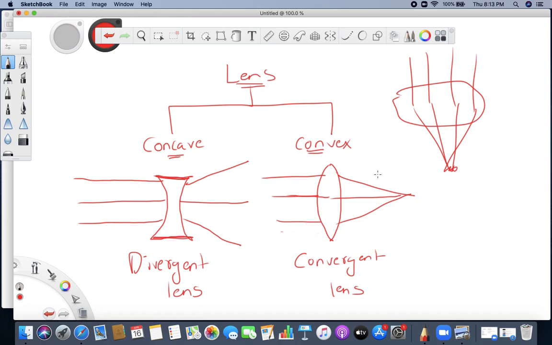So lenses are of two types, concave lens and convex lens. Now in our next topic we are going to see the different points and the same definitions, and we are going to see there are 6 cases of convex lens and 2 cases of concave lens. First we will see the 6 cases and then we will see the 2 cases, okay.